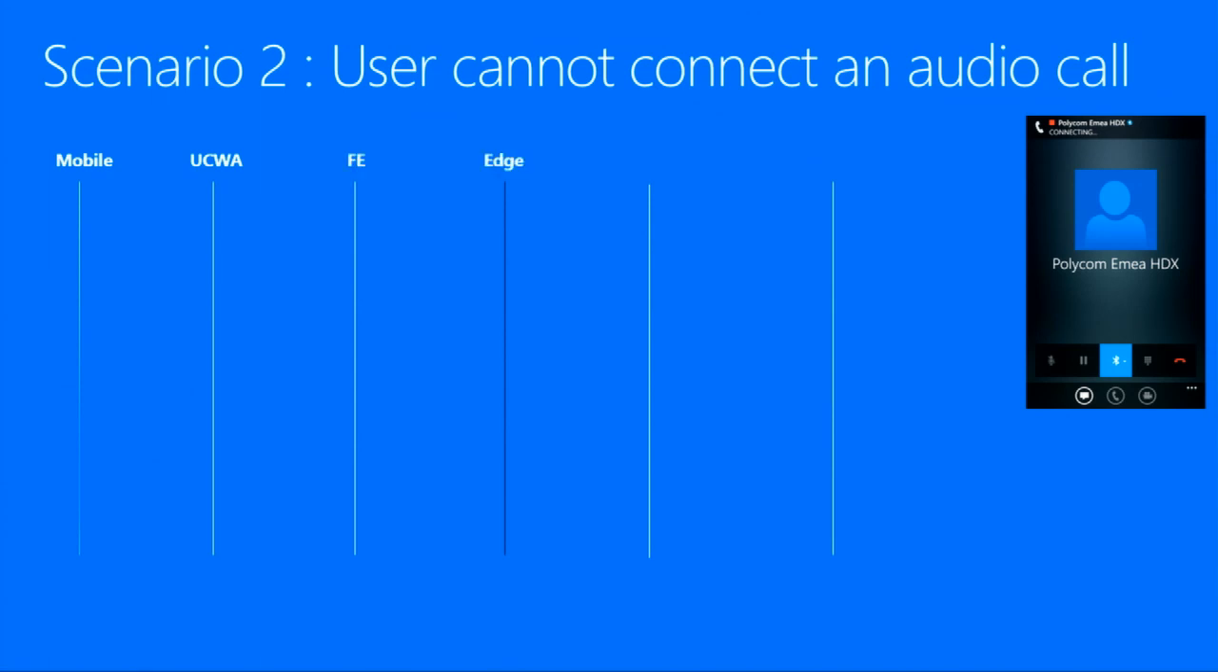Since it's a federation scenario, it's the front end talking with the edge, because when the front end sees that the mobile client is placing a call to something like user@polycom.com and it's not able to find that address in its internal directory, it will ship the call out to the edge server. The edge will talk to Polycom's edge, because federation involves two edge servers, of course, and we don't really care